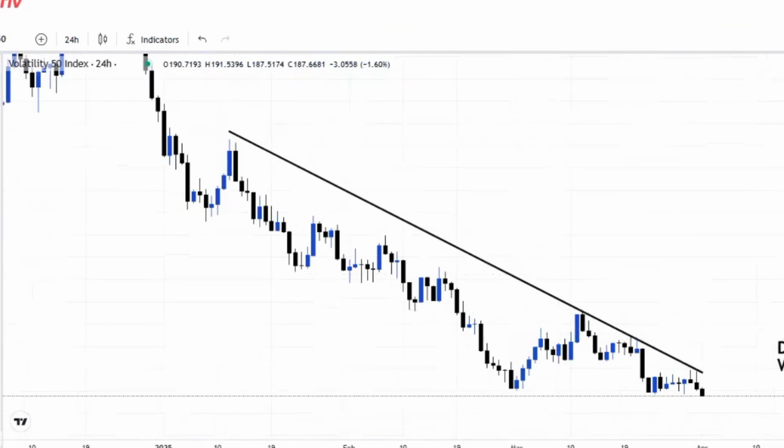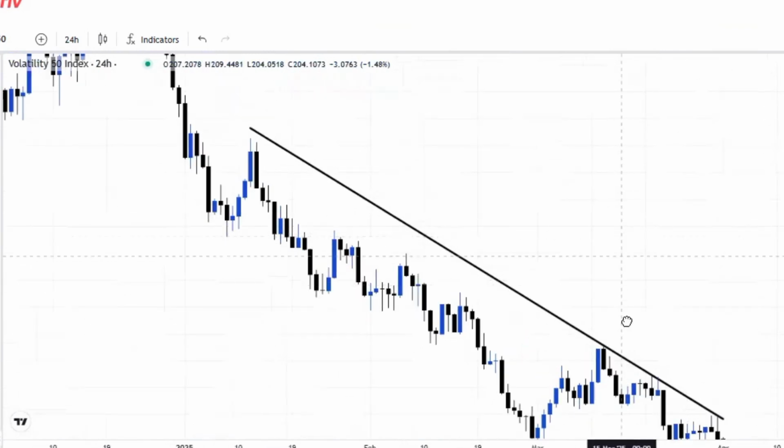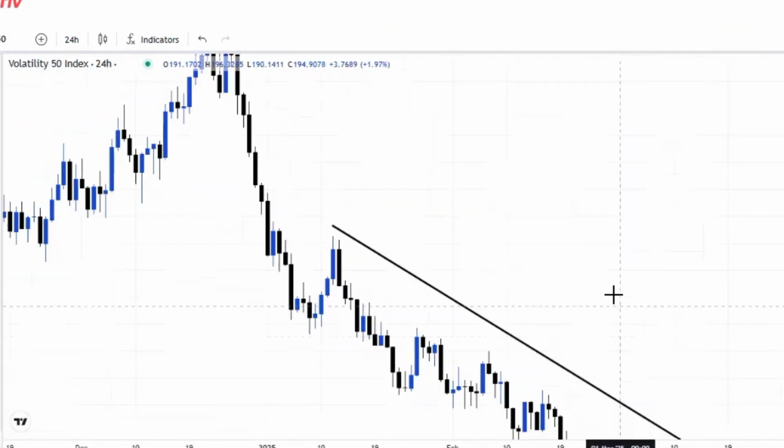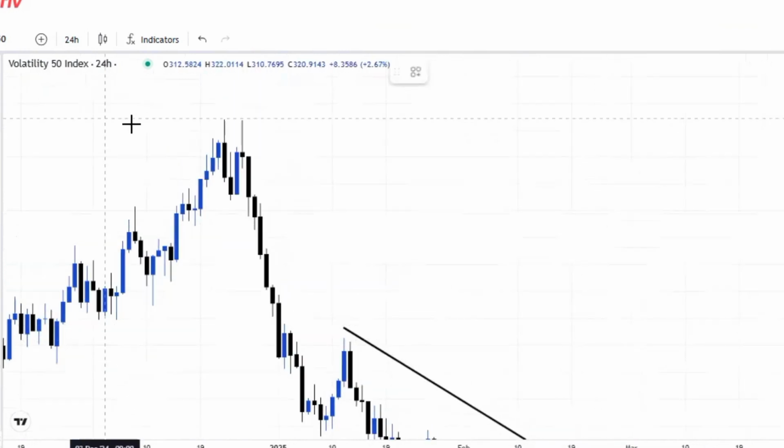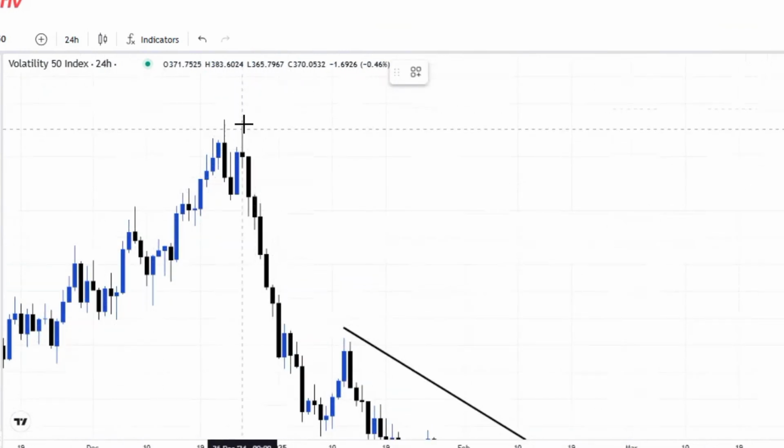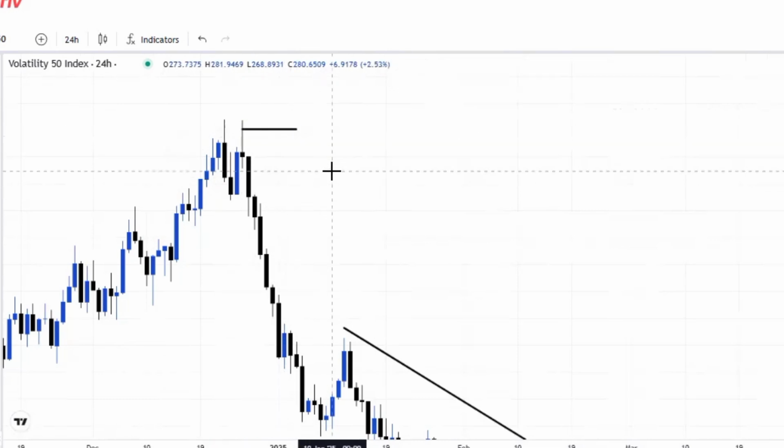And if we look clearly, we can understand that there is a structure the market is creating. There's a structure price is creating here, where you can see obviously that we have a high that has been mitigated.